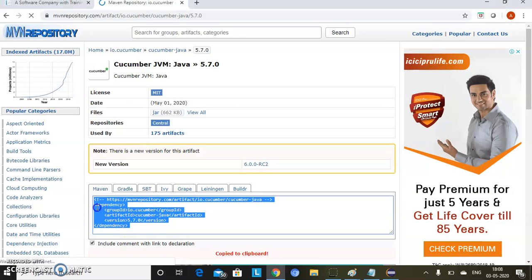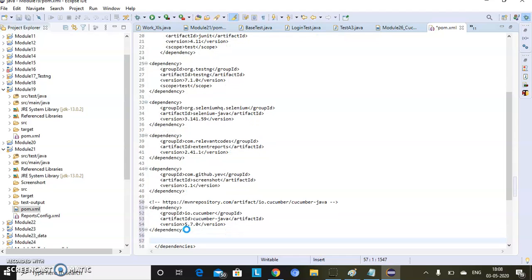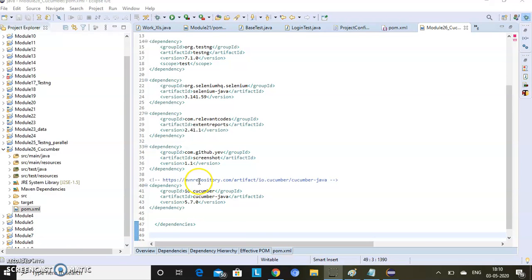I am copying these dependencies, going to the project pom file, and pasting them here. Save it. See, it is building. I have copied all the dependencies.